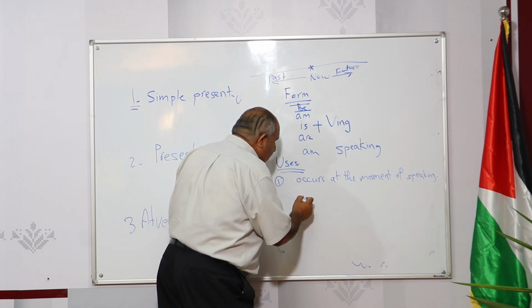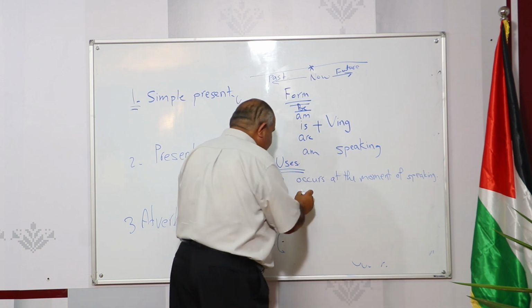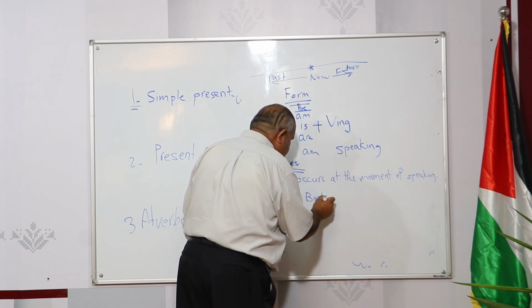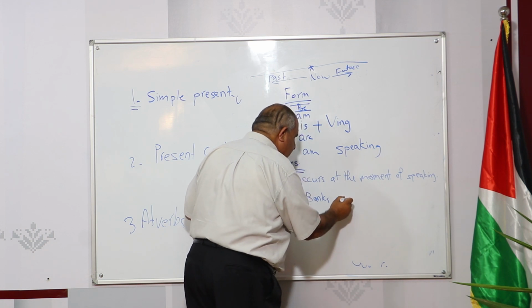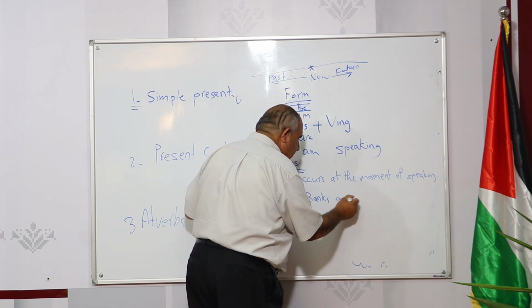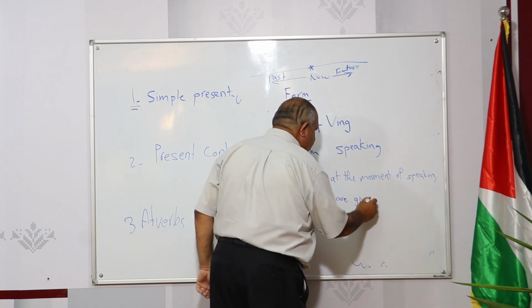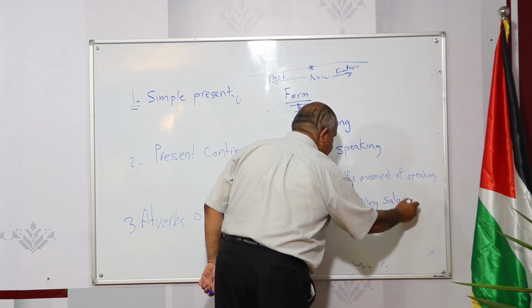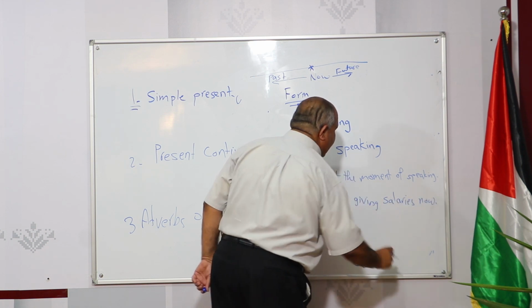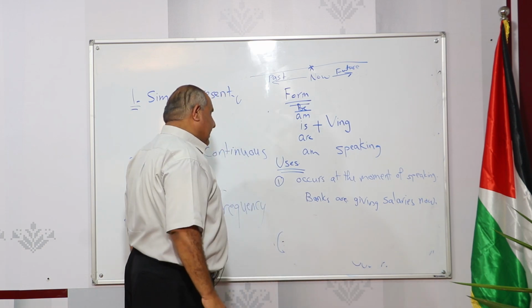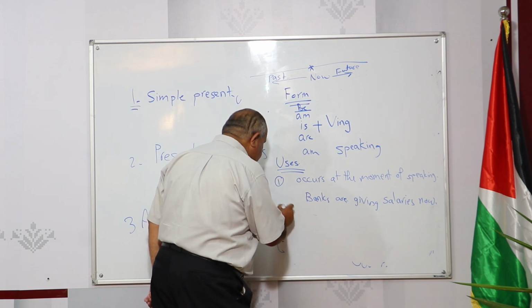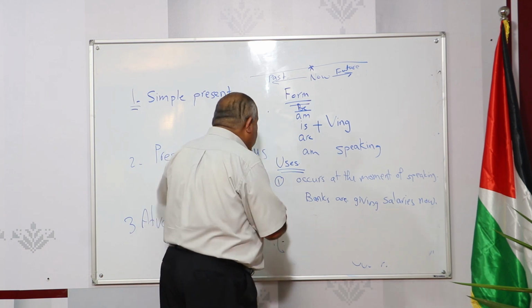Another example, we say now, the banks are giving salaries now. Therefore, if you go to the bank now you can take your salary. Now, another example, another use of the present continuous, we can talk about